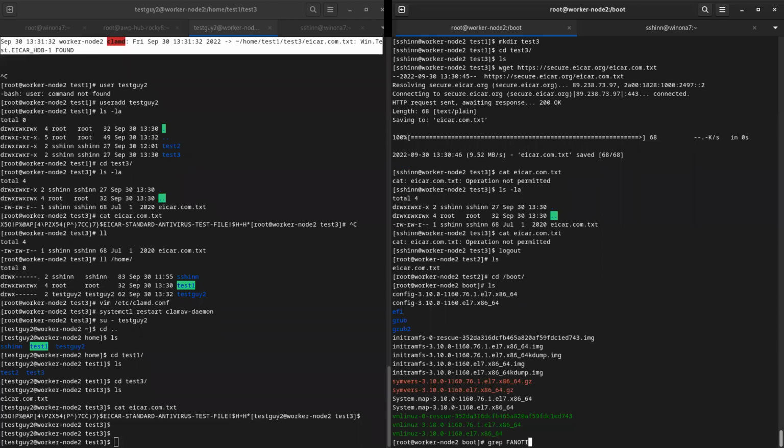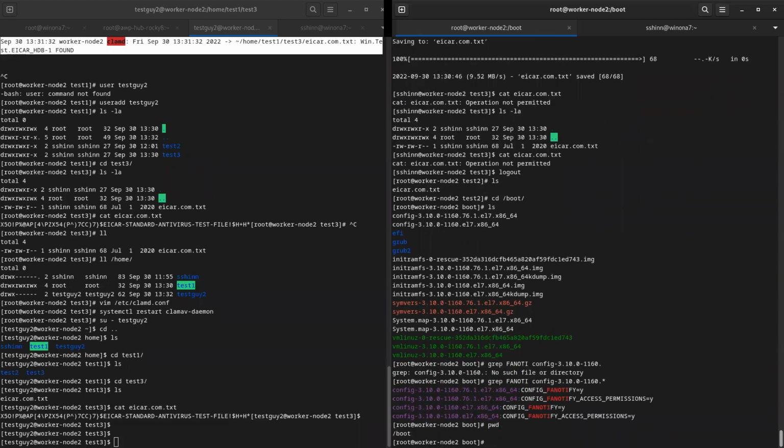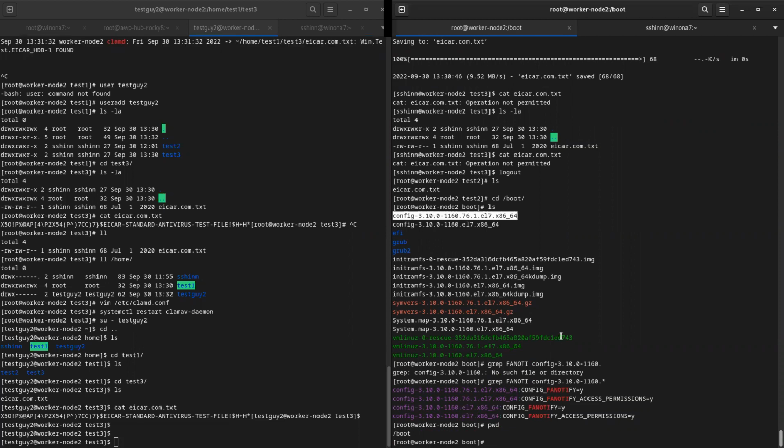And I'll show you 2 ways to detect that. One way is a standard done by Red Hat and Fedora. They will have the kernel config file stored under the boot directory, and you can just grep for fanotify in it, and you'll see there's two settings.